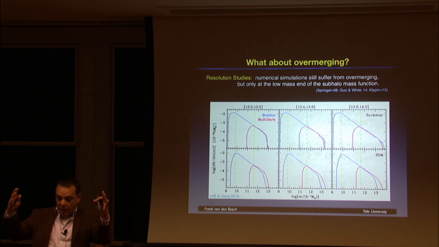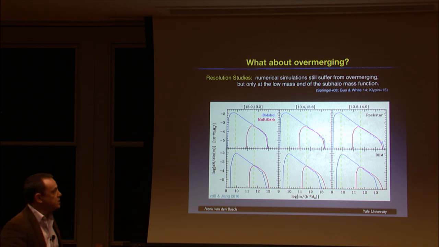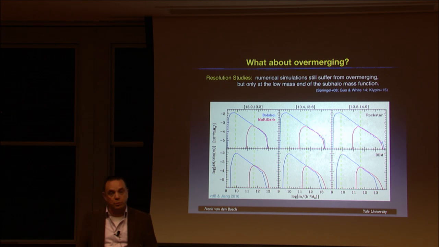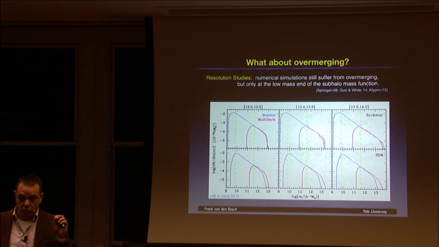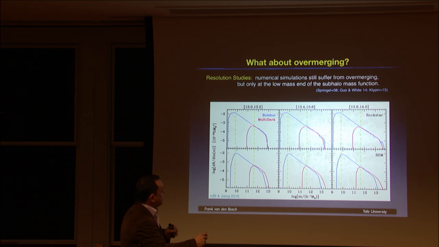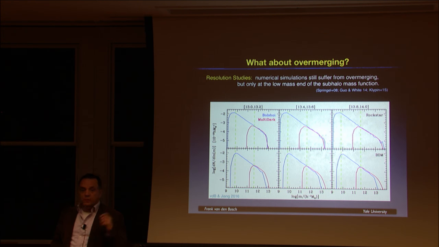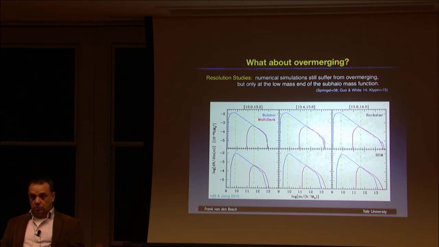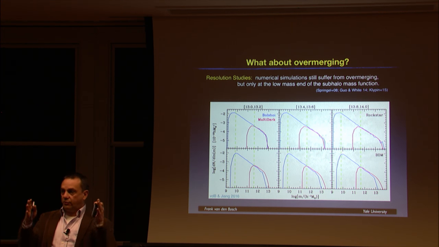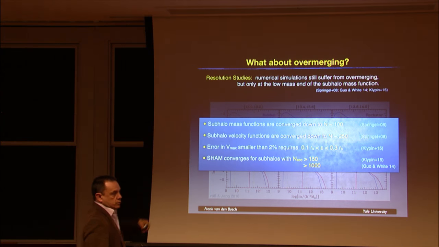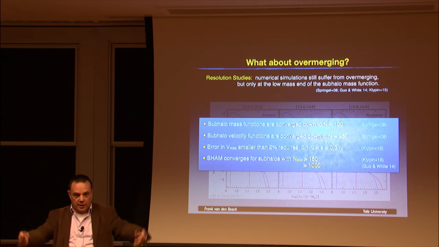Okay? And these people say, we have converged. At the massive end we can trust the simulation results, but then suddenly here you see this turnover, and that happens at this green line roughly, which corresponds to 50 particles. So this here corresponds to 50 particles in MultiDark. And if you look at where 50 particles is in Bolshoi, that's here, and again you see this turnover. So based on these kinds of studies, these people argue, okay, our simulations have converged down to 50 particles per subhalo. And you can go into the literature and look at what people have written about that, all these people who simulate for a living.